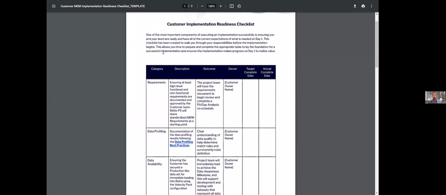So what does this look like? I will share this with Chris. So this is part of the material we'll have out there that you can access and complete yourselves. Now, for our implementations, this is something that you can expect someone like myself, one of our practice directors, to do with you before an implementation even starts. So let's say you're evaluating Reltio and you're in that pre-sale cycle and you're discussing, hey, what do I need? How do we get there? We will have this structured checklist to go through with target dates and actual dates that we populate. And then once that team is assigned to complete the work, I would then hand that to them and they know exactly where we're at and what hasn't been accomplished so we can knock those items out.